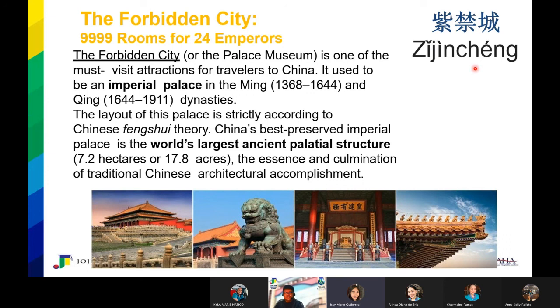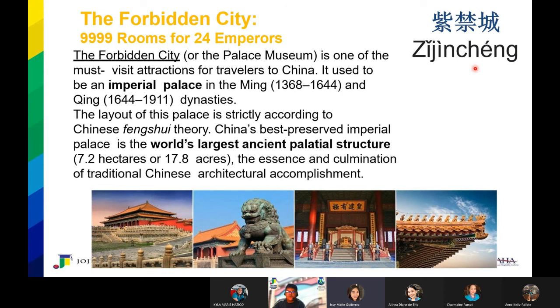The layout of this palace is strictly according to Chinese Feng Shui theory. The best preserved Chinese imperial palace is the world's largest ancient palatial structure, 7.2 hectares,